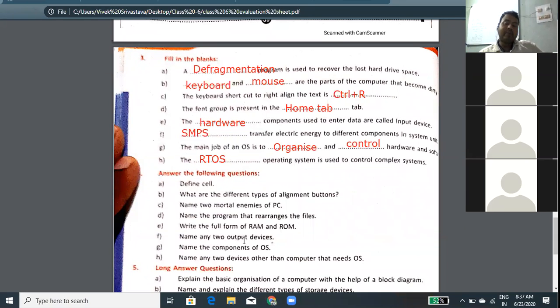Name any 2 output devices: speaker and printer. Name the components of OS. You have to write the components like the ALU and CU. Name any 2 devices other than computer that need OS. Like keyboard and mouse, you can say. Okay.